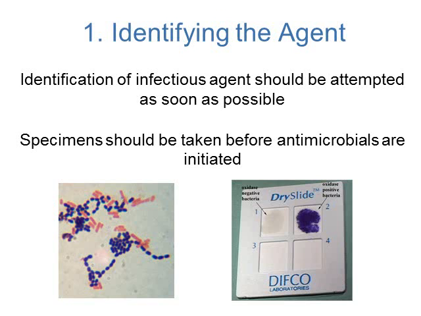So one, you want to identify the agent. Identification of your infectious agents should be attempted as soon as possible. This is where you will take a specimen from your patient and send it down to the lab, or you can do a gram stain on it. The specimens have to be taken before antimicrobials are given,